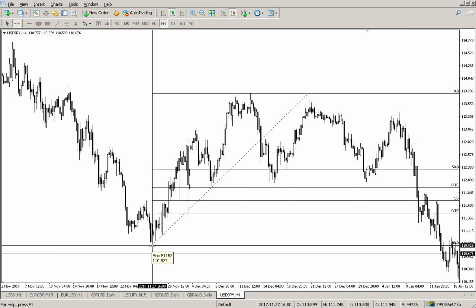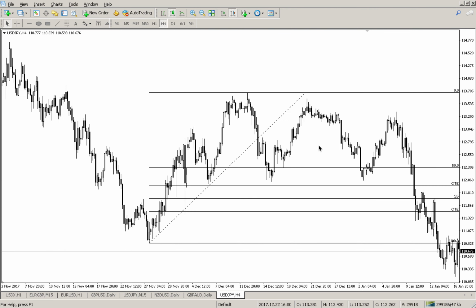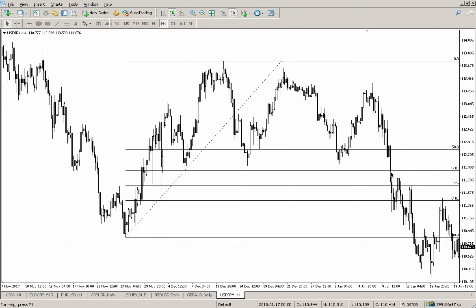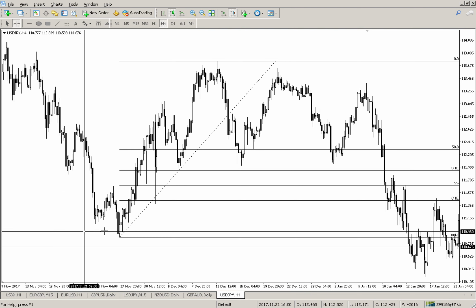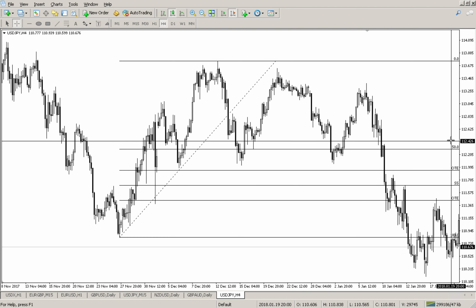This is just showing you the areas in between any significant high or any significant low, guys, alright? And what it is essentially showing you is where the equilibrium is, okay? So 50% is equilibrium. That is the midpoint of the range, guys. And that's a very important concept as well. I'll probably do a separate video on it, but the equilibrium is more or less the midpoint of any range, alright, guys? And it's very important because that midpoint is a pivotal